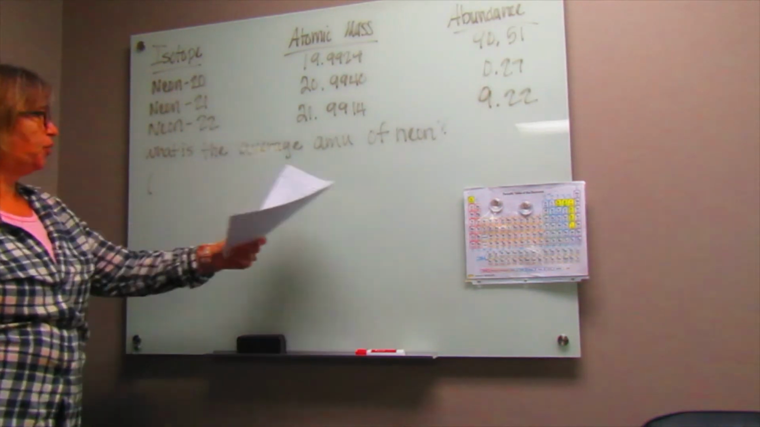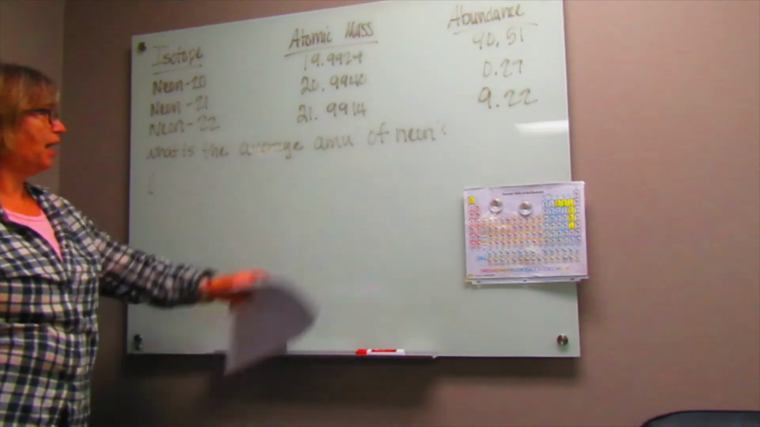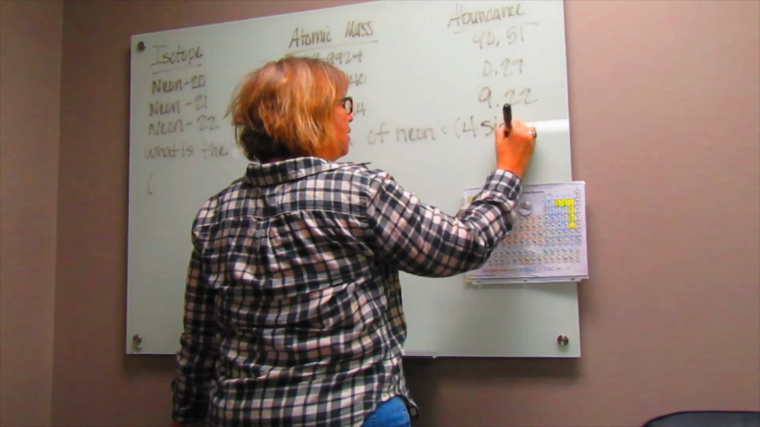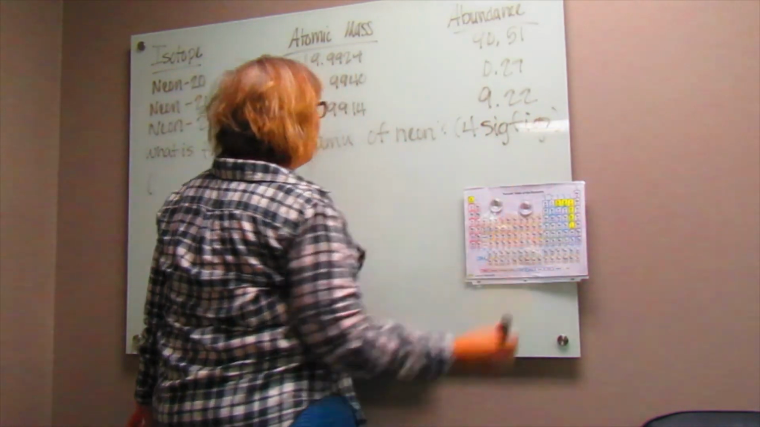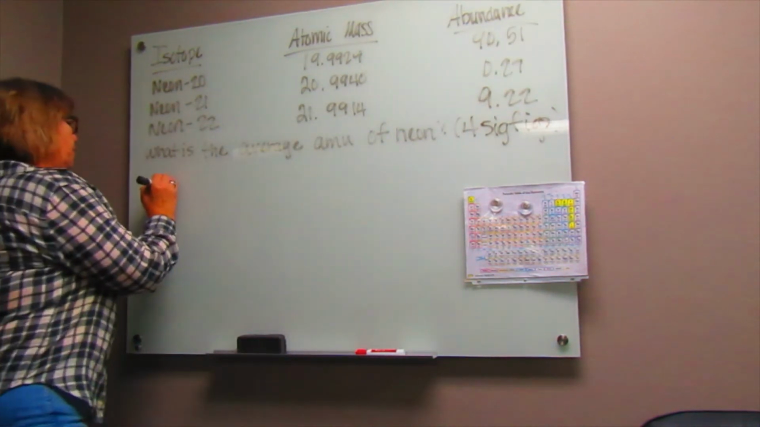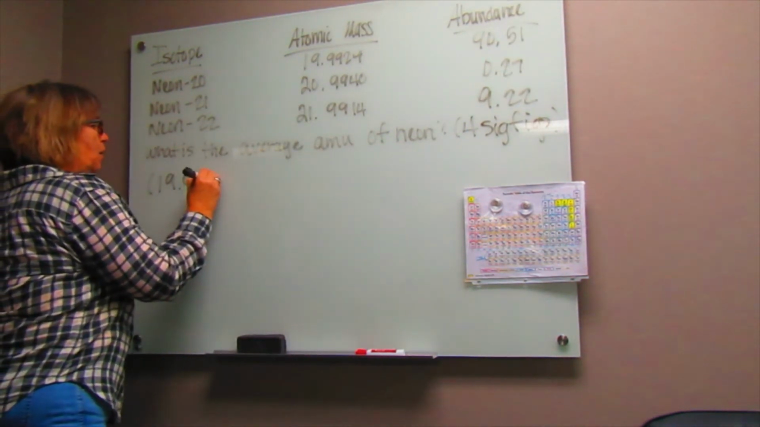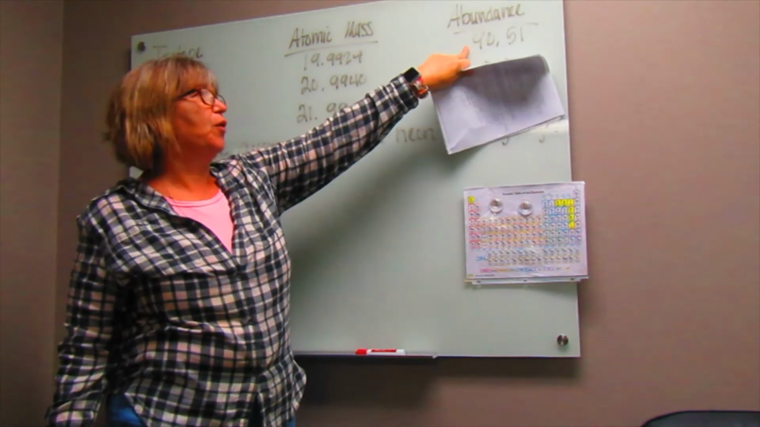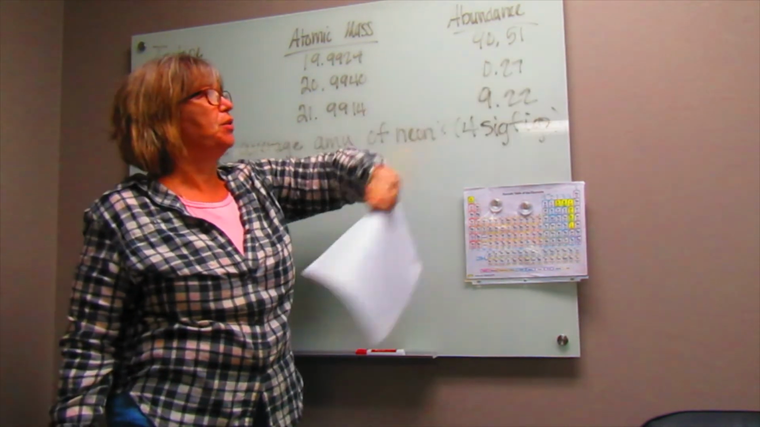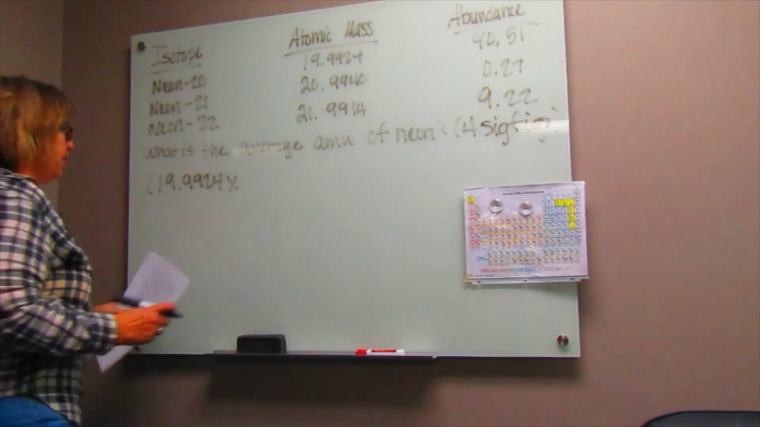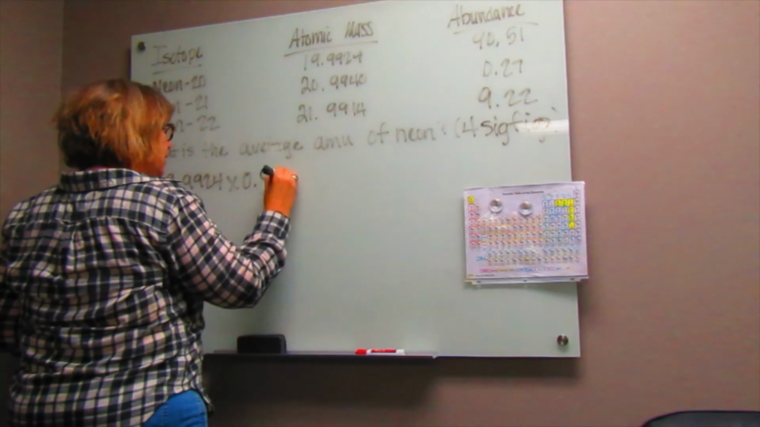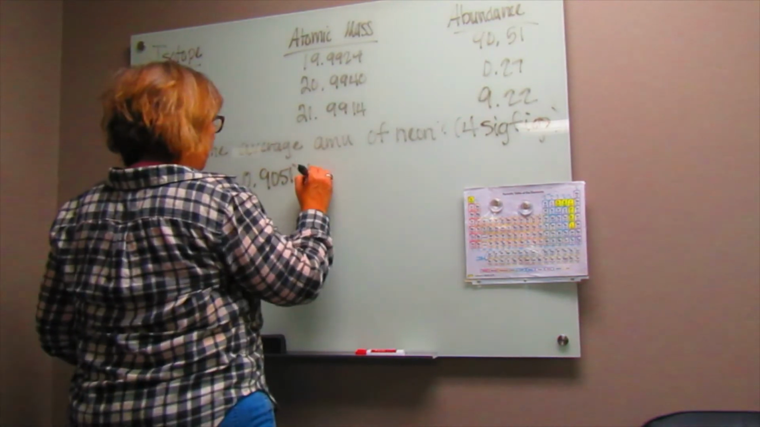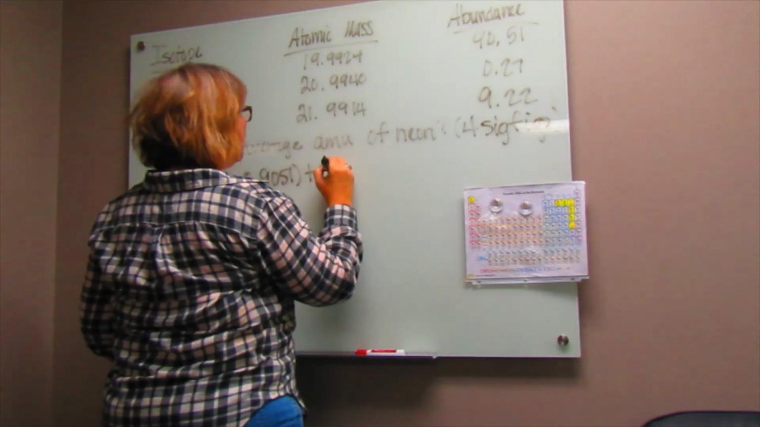All right, so to calculate the average AMU of neon, we're going to do this within 4 sig figs. Okay, so we're going to take our atomic mass and multiply it by our percent abundance. We first need to divide this by 100 and put it into decimal form. So that's going to make this 0.9051. We're going to add this to our neon 21, which has an atomic mass of